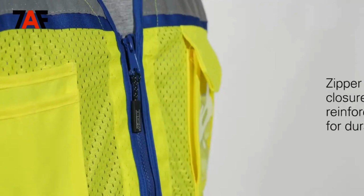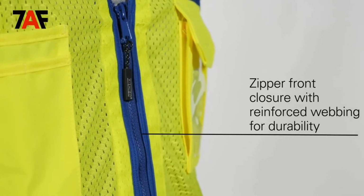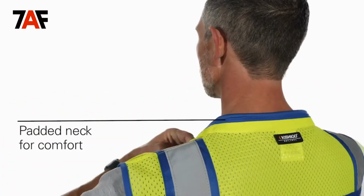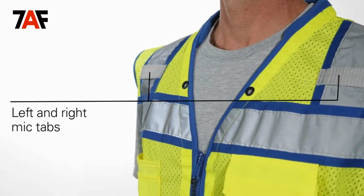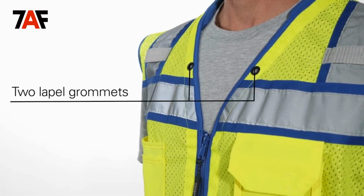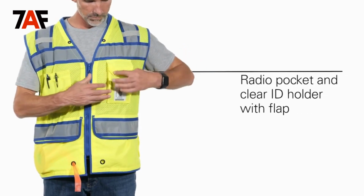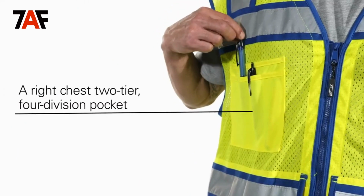efficiently. The zipper front closure matches the contrast for better visibility and is reinforced with webbing for durability. You'll also appreciate the padded neck for additional comfort and the convenience of left and right mic tabs, 2 lapel grommets, and 6 pockets, including a left chest radio pocket and clear ID holder with flap, a right chest 2-tier